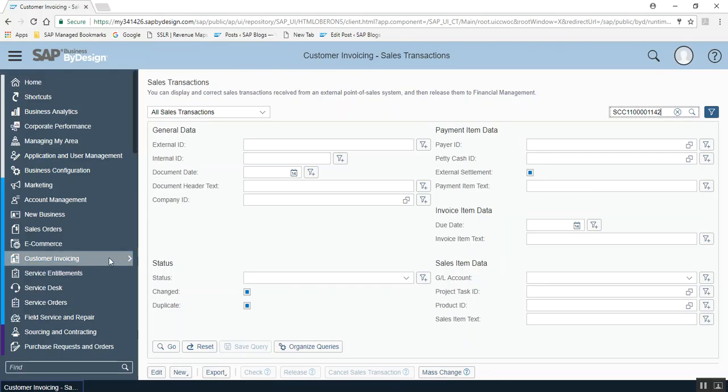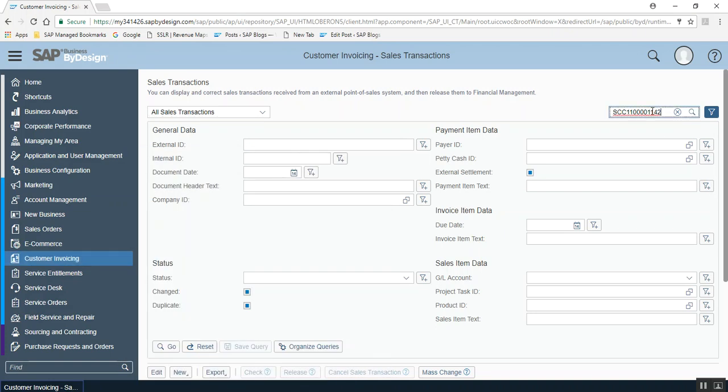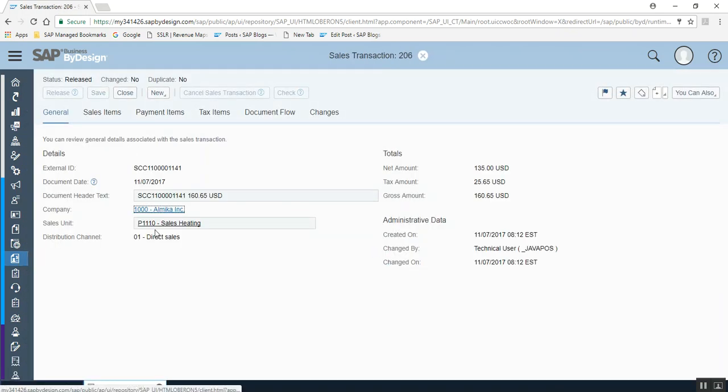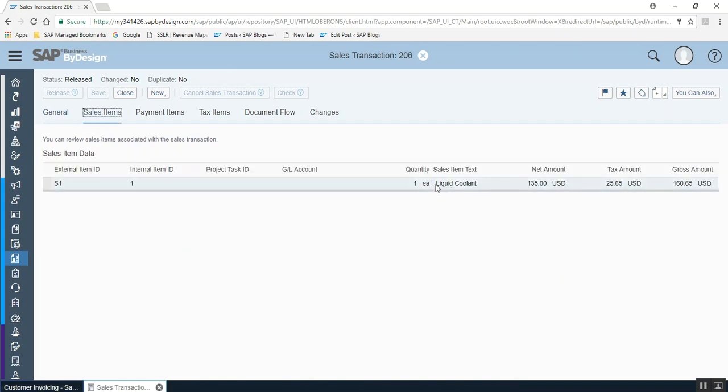portal. Here go to customer invoicing, point of sales, and in this case the sales transaction, because we're interested in the sales transactions. Click on search for all the sales transaction IDs. This sales transaction ID should be released in the first place, and click on edit. You will have the details of the company, the external ID, the sales unit, distribution channel, and you can also take a look at the product that is being sold, along with the details of the price and the tax